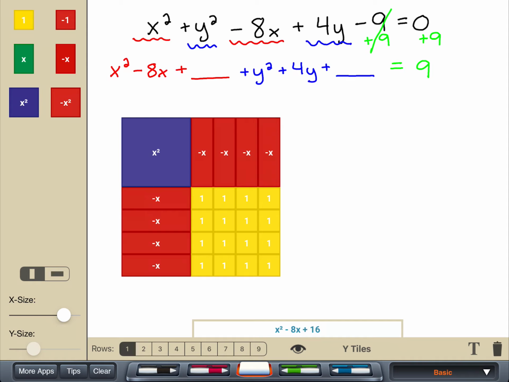Okay. So we added 16 to that spot because that length is x, this length is -4, this length is x, this length is -4, and -4 times -4 is a positive 16. But whatever we add to one side, we also have to add to the other side. Now for our y's,